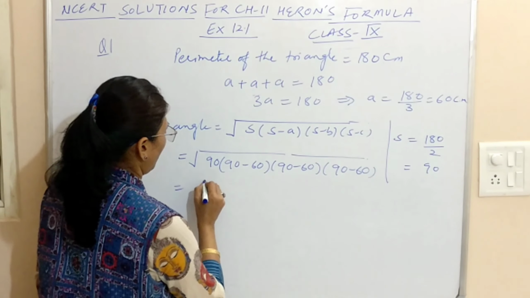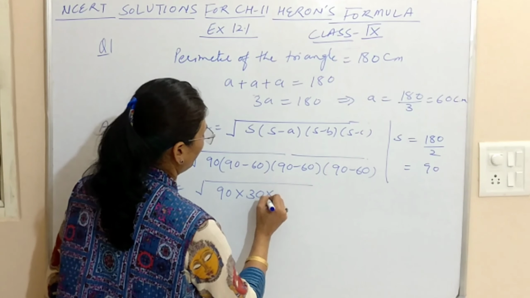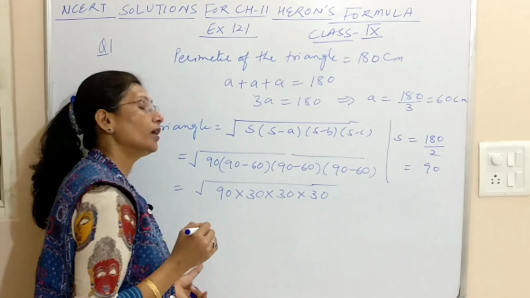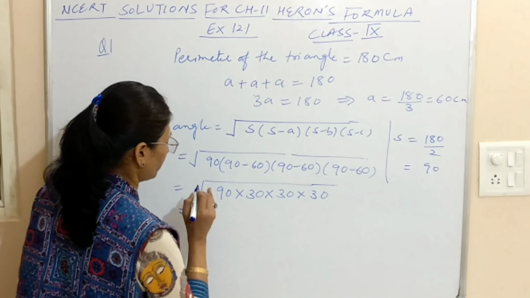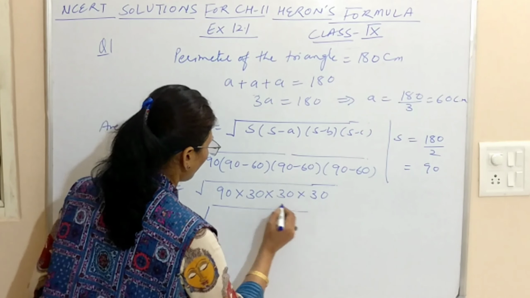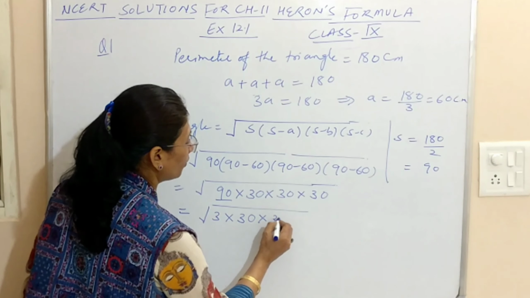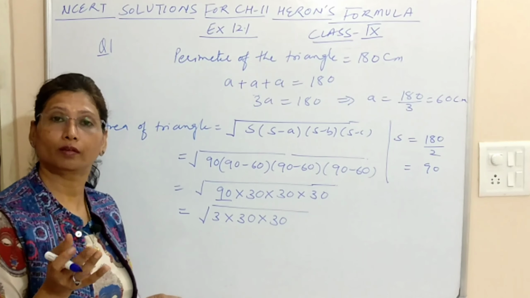Okay. After that, we'll simplify. We have to be very careful while calculating, because it is Heron's formula, surface area and volume, so calculation is an integral part. 90 को क्या करेंगे, आप फैक्टर्स बना सकते हैं, 3 into 30 कर देंगे. क्यों किया 30? क्योंकि हमारे जो बाकी के नंबर्स हैं वो 30 में हैं, तो पेयरिंग करना आसान रहेगा. तो ये आपको कॉम्बिनेशन देखना है कि मुझे कैसे लिखना है.